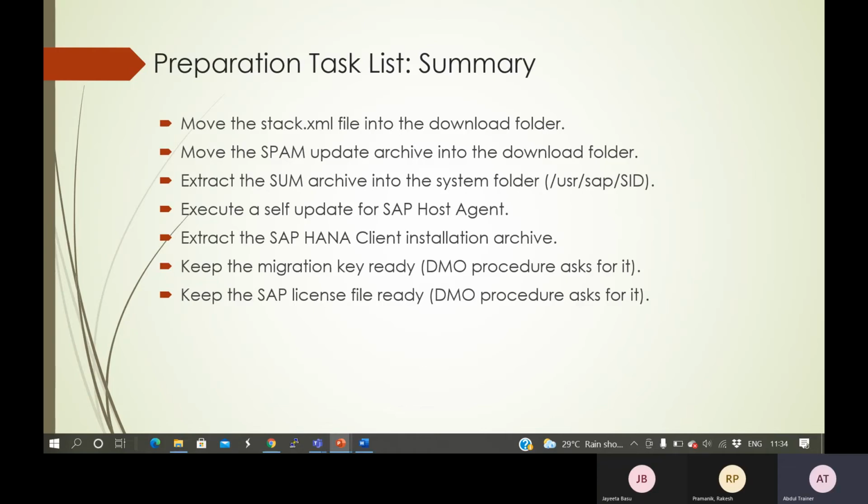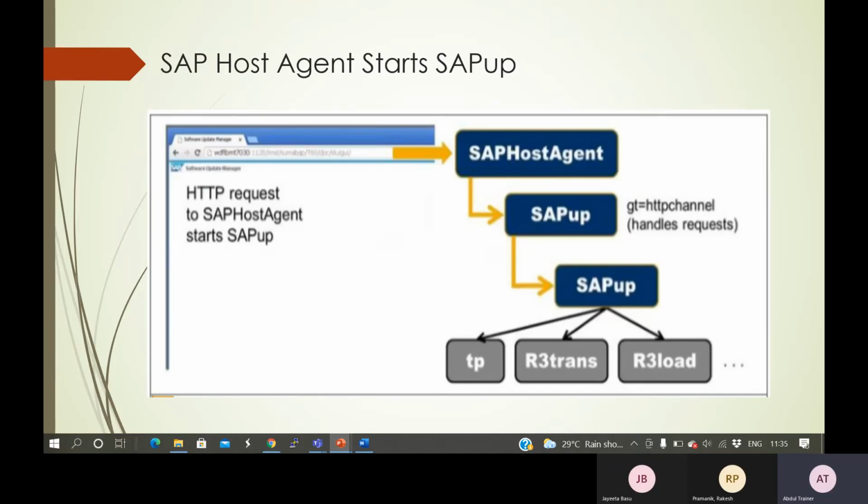Some of the screenshots I will show you for the DMO purpose. What are the main screenshots for the DMO? We'll go through that one. So once you start the SUM,